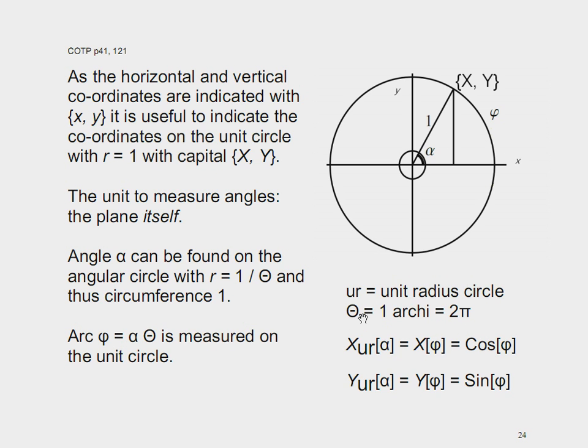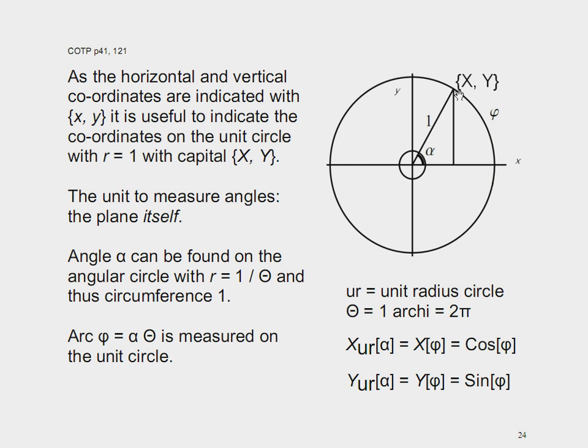And then we can divide the radius of this circle is 1 divided by arc, or this is the angular circle, then alpha multiplied by arc gives us the arc here. So I make a distinction between arcs and angles. And arcs are generally measured on the unit circle. Now clearly, basically alpha is also here an arc,